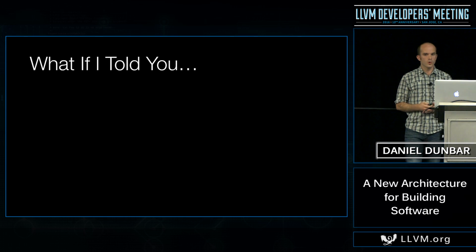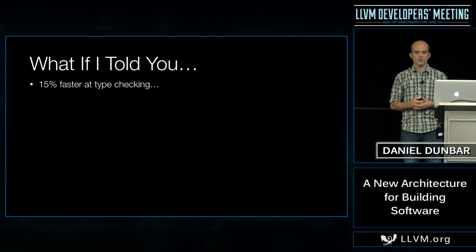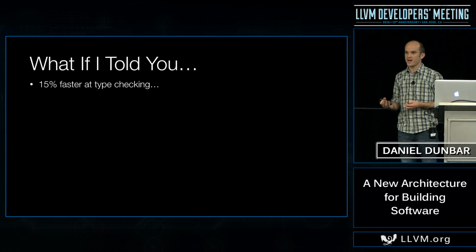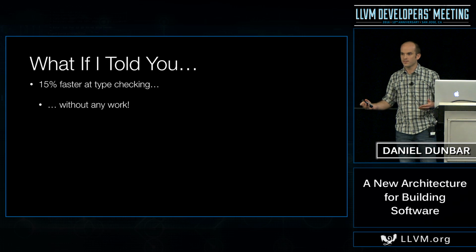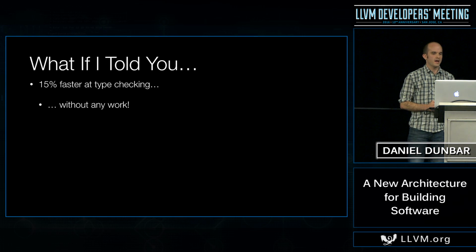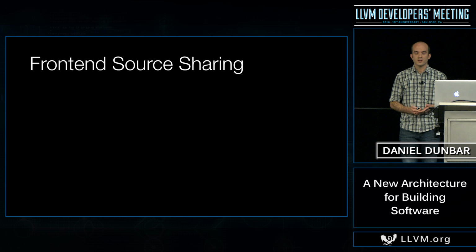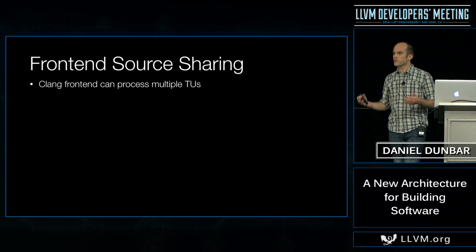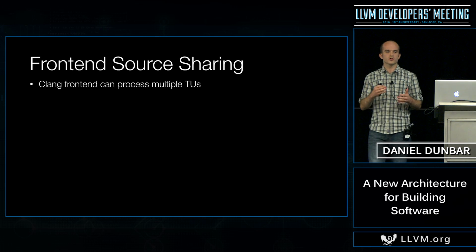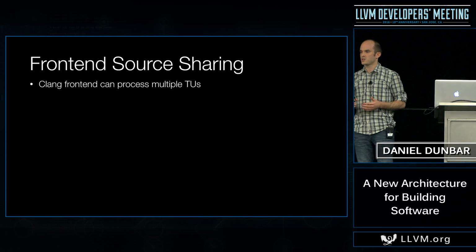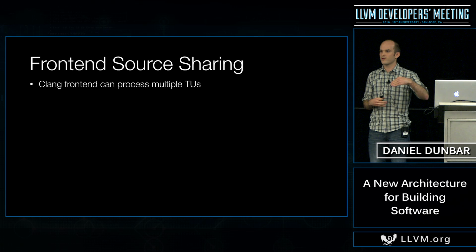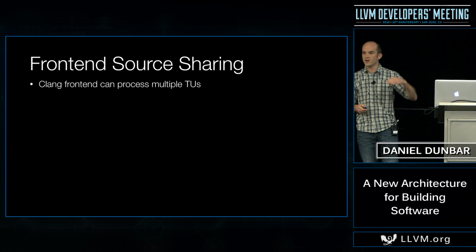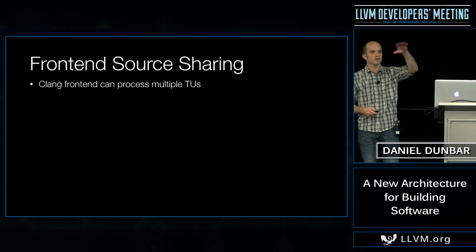So what if I told you that we could make Clang 15% faster at type checking without doing any work at all? Something that I think many people don't know is that the Clang frontend can process multiple translation units in a single invocation. The driver won't let you do this. The driver will always call one front end per translation unit,